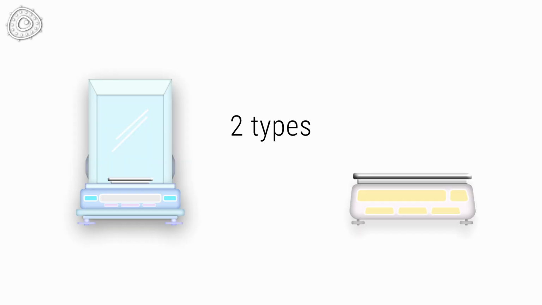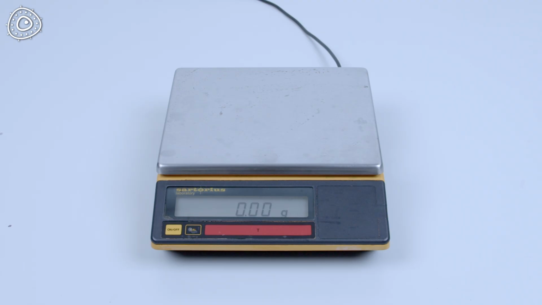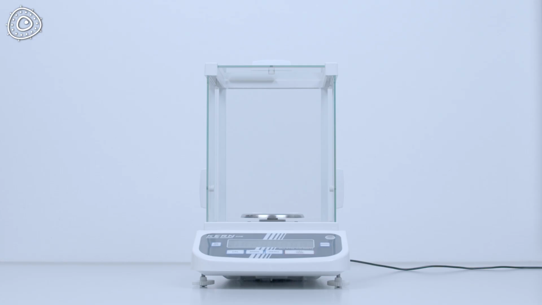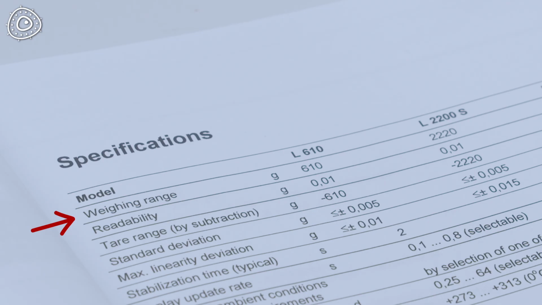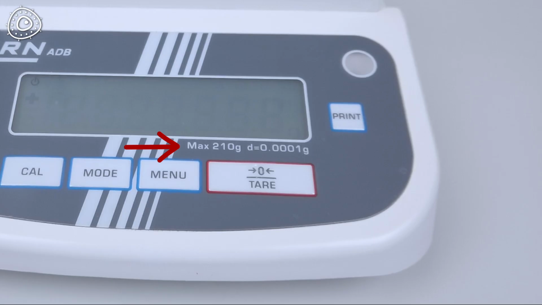Use the right one. Obviously, we cannot talk about all types of scales in the lab, but usually there are two types of them in most labs. For larger amounts, the regular scale, and for smaller amounts, the more sensitive precision balances or high-resolution balances. Make sure that you know the ranges of these scales and do not exceed them in any direction. Weighing too heavy or too light objects will result in incorrect readouts.